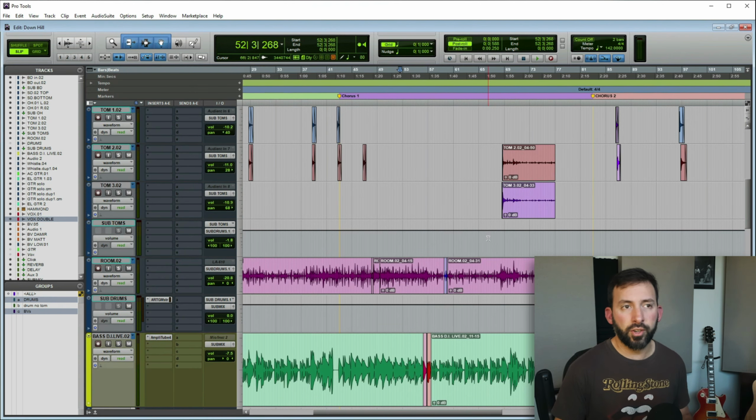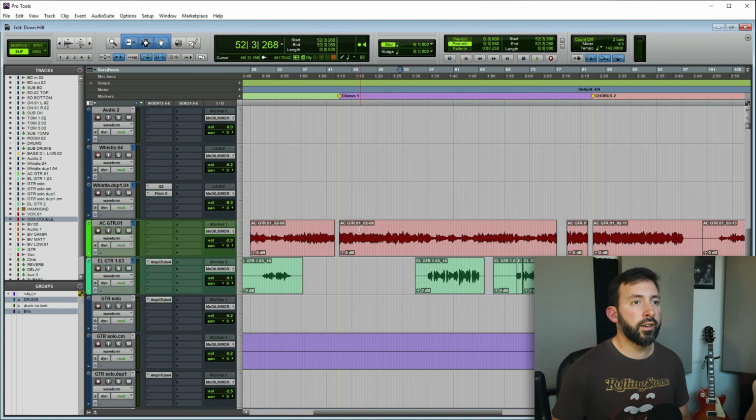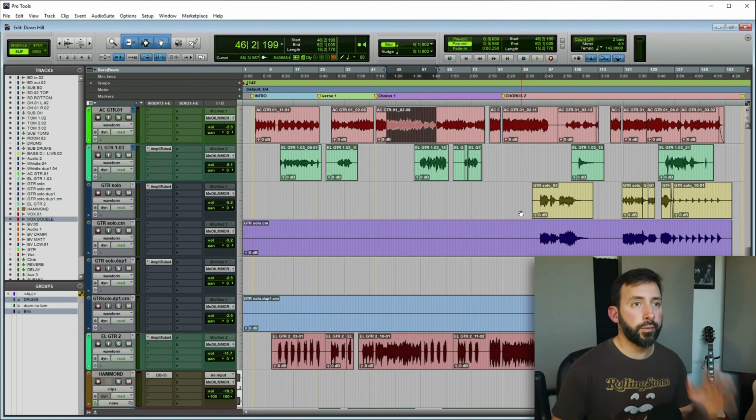It's not a very complex song at all. It's one drum, one bass guitar, one acoustic guitar, and two or three electric guitars playing different parts on different parts of the song. So this is where you want to actually start adding elements to the song, start adding arrangements.